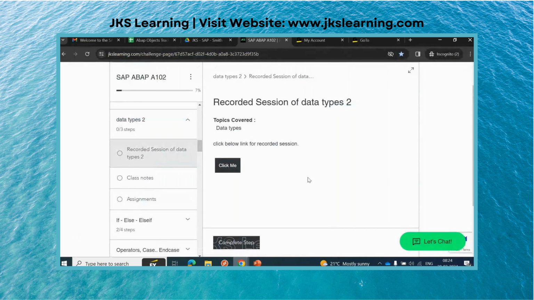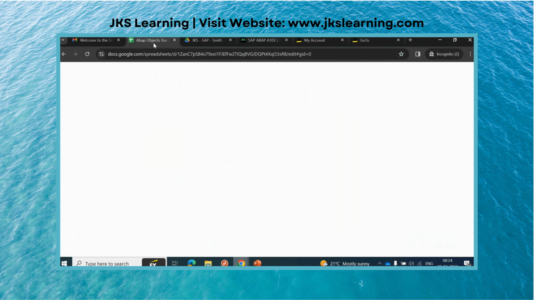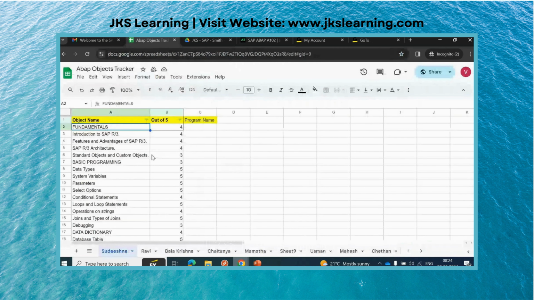So no worry. You can reach out to any one of us at any time. There is one tracker list that we are maintaining. Now you might think: I am from a non-IT background, how will I say whether I understood this topic clearly or not? We have this tracker sheet which is very helpful. You can see the names here. As and when we complete a topic, they add it, and rate out of 5 how much they have understood.